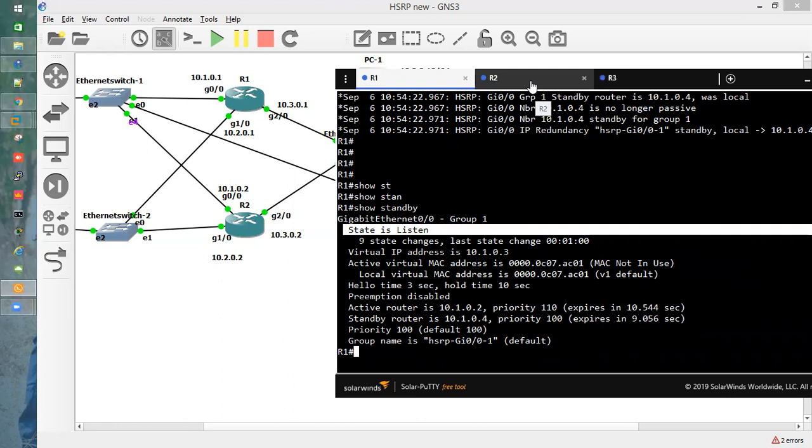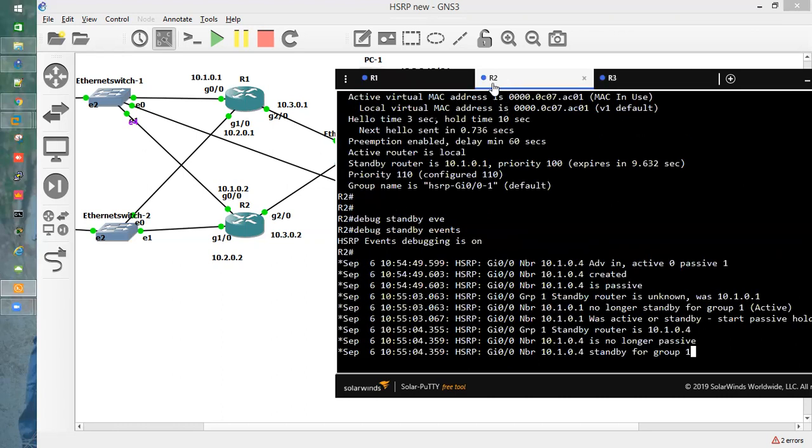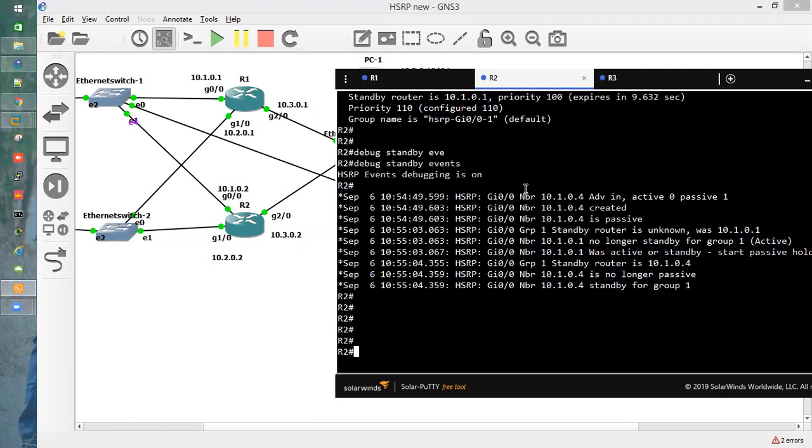What I will do now is bring down the interface on R2 because it is the active router at the moment. Before configuring R3 for HSRP, we already knew that R1 was the standby router.